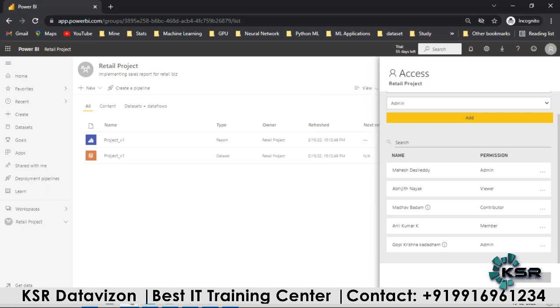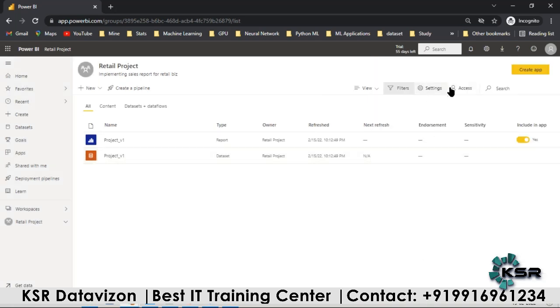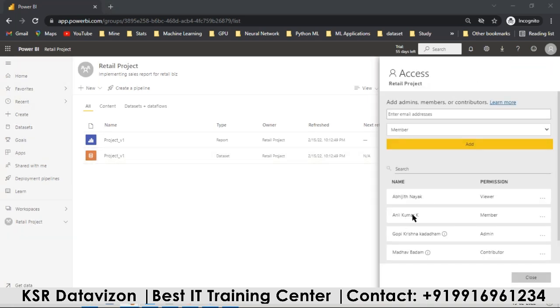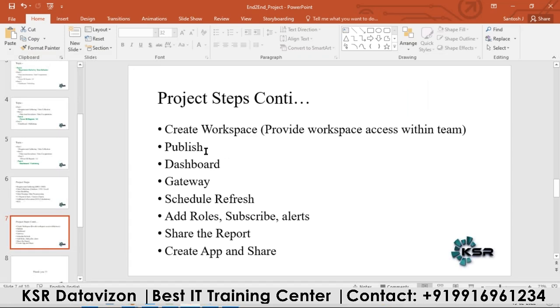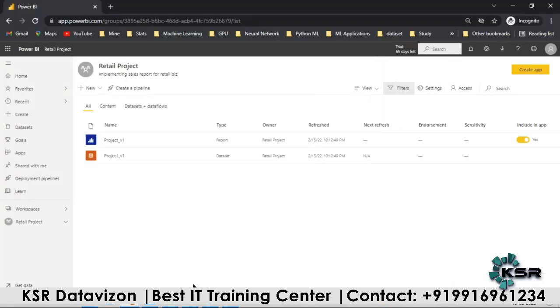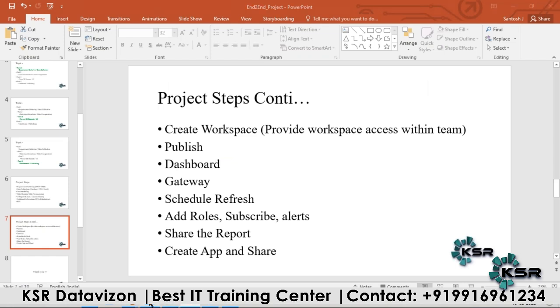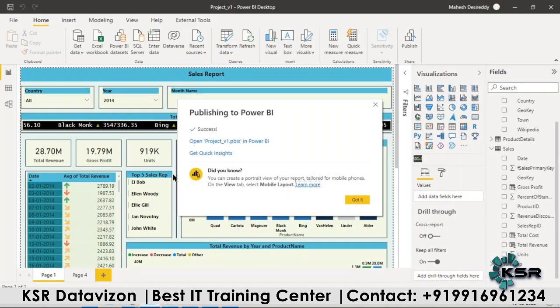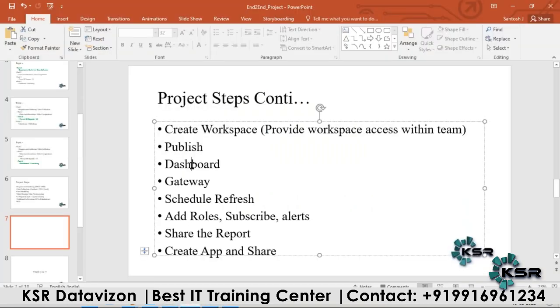Now what is the next one? I've given the access. Next, publish. Publish is also something which I've done from here. I have published it and I have got a success message as well. Now this is also done. Next, we can create a dashboard. Now